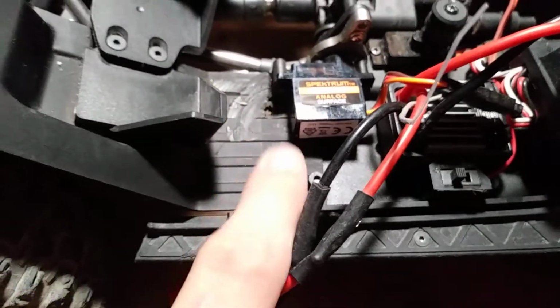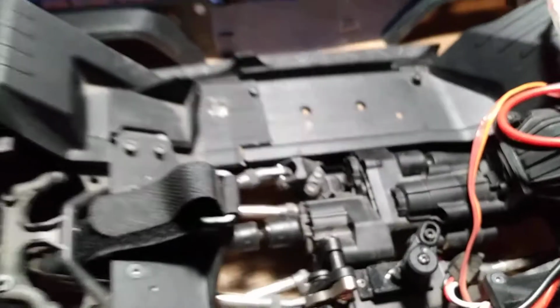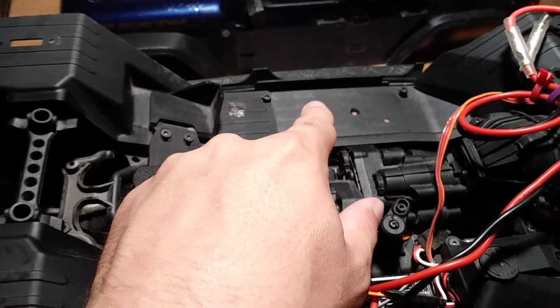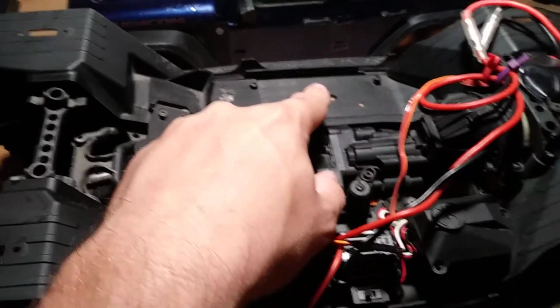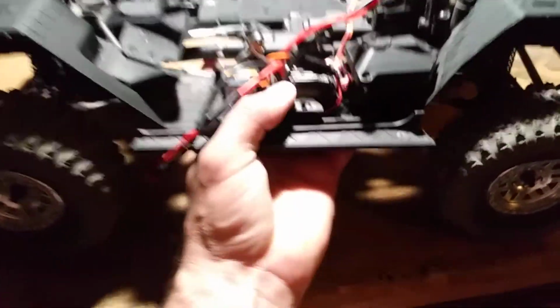But at least you're still able to mount this properly now, and I replaced the other side too. He didn't get the short tray for the short pack when he bought this from that guy, so that's missing. But that's what I've been doing and working on, is this guy here. And I'll show you what else I've been working on once I get this